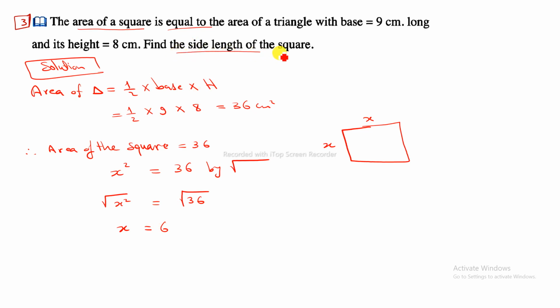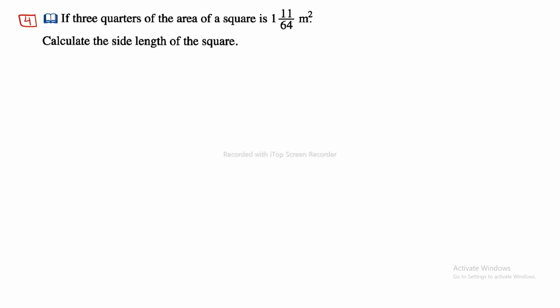Find the side length of the square. Therefore, the side length of the square is equal to 6 centimeters. The next question. If 3/4 of the area of a square